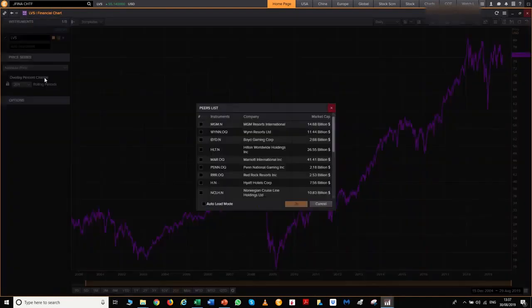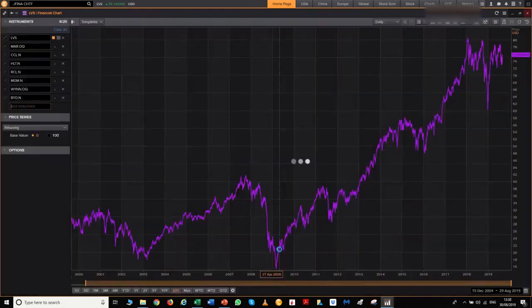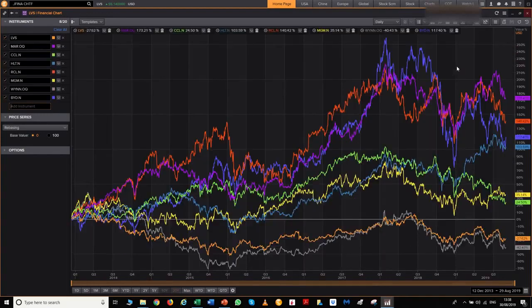But if you click on peers, you can just quickly find the peers, who they're competing against. Let's pick, say, the top four or so, and we'll do it via market cap. And we'll just click in these as well. So we've got the top 1, 2, 3, 4, 5. Let's go with just 5. And let's just stick Wynn in as well because they're a big name. We click OK. So now you can compare LVS, which will be in orange, versus the rest of the